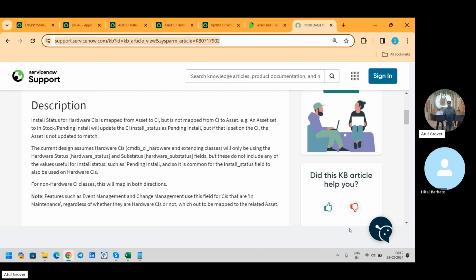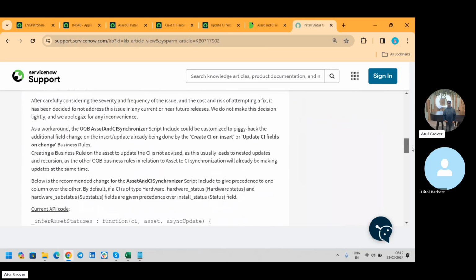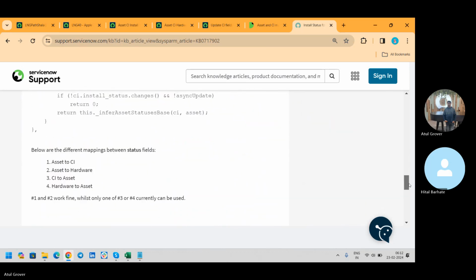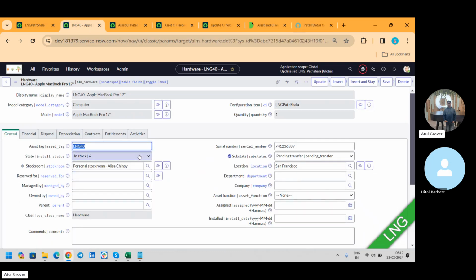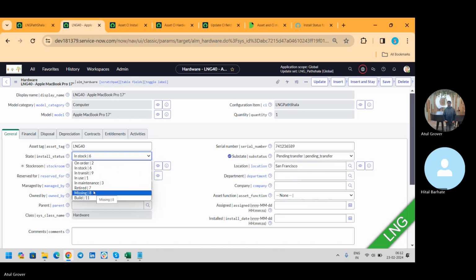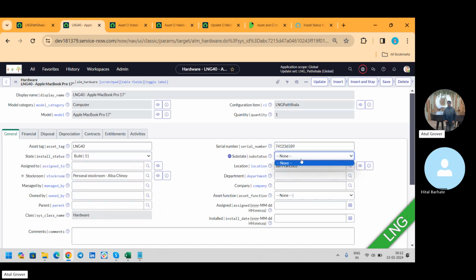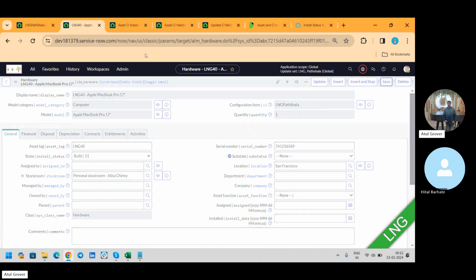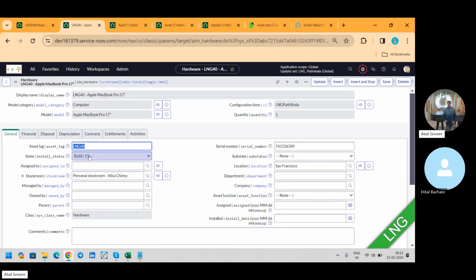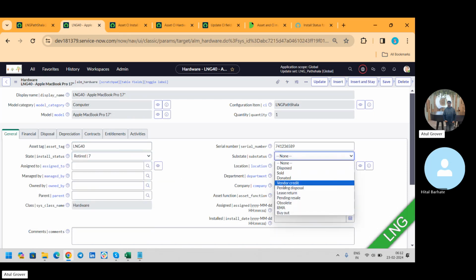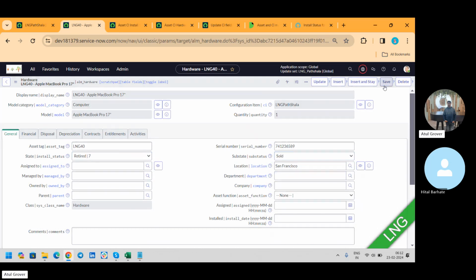Okay. This. So if you read this part, you will understand one thing that it says asset to CI. ठीक है, काम कर रहा है मेरा, मैंने यहाँ चेंज किया. If I make a change here, let's say build, and let's say build के बाद कुछ नहीं है and save and I go here, nothing is get changed because there is no mapping, I guess. ठीक है, और if I make a change here, retired and sold and save,